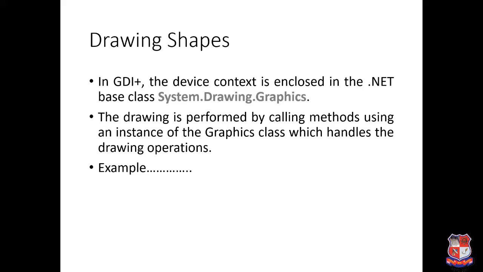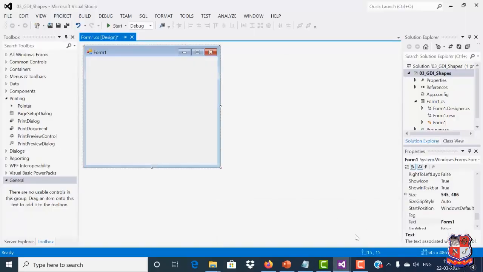Let's see an example of drawing shapes on a Windows Form. Okay, so for the example, we'll create a project by taking a Windows Form application. By default, one Windows form is already added. Now if we want to add some graphics or some drawing on this Windows form, we have to write some C# code. For that, just right click on the Windows form and then go to View Code.